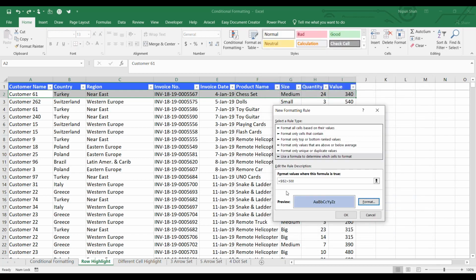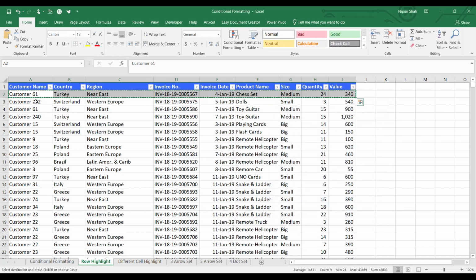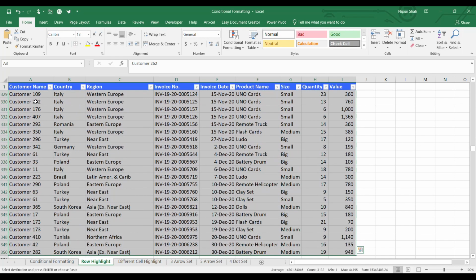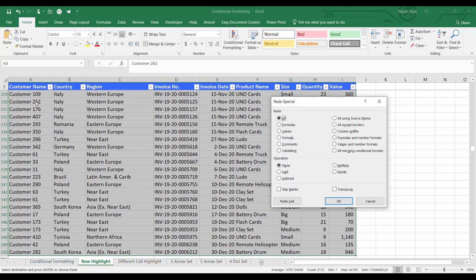Okay, here you need to make sure that you have not frozen the row. As my format is dependent on a column value, then I should freeze the column, not the row. Hit OK and copy it.